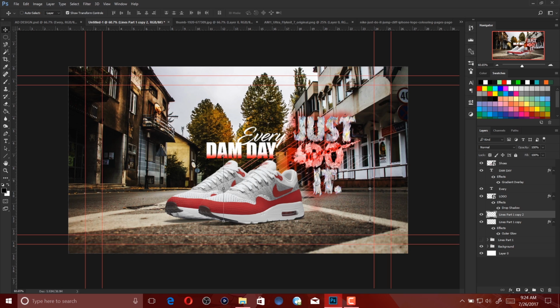So yeah. And now what you want to do is just take your eraser tool and just even it out. And you just want to even this out for the unnecessary line. So you have a nice effect too, where it's just connecting to the text. Now that we got our text, our Just Do It logo, and our shoe,